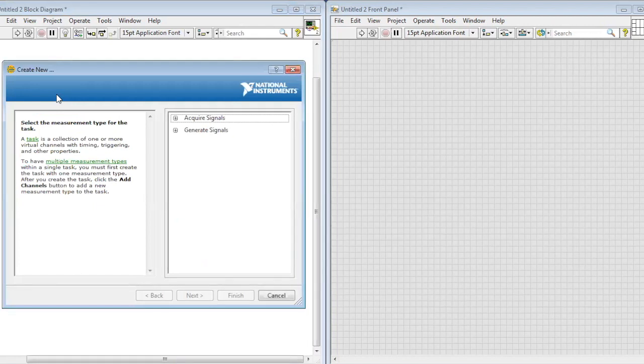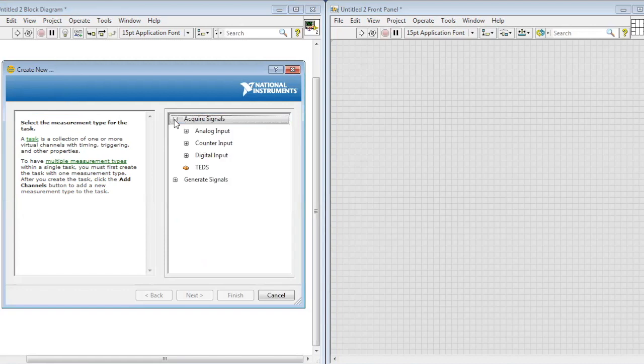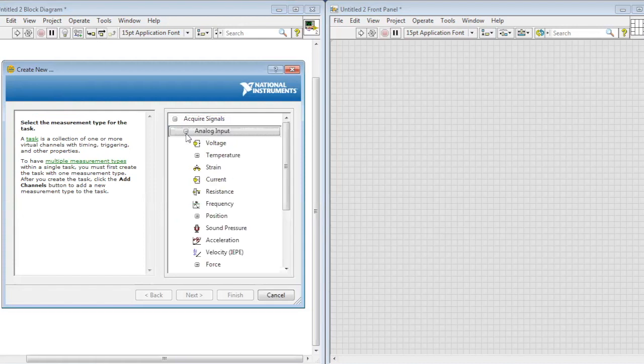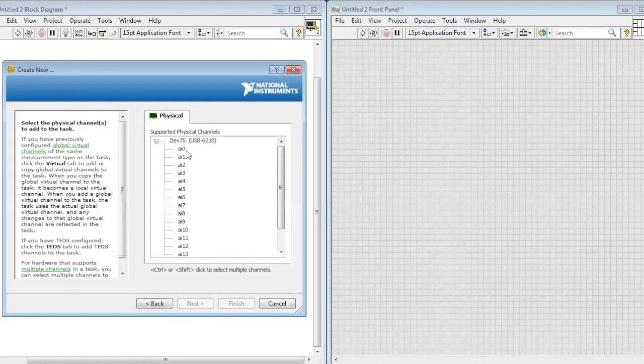We know that this is a signal acquiring lab, so you'll be acquiring 8 signals from 8 pressure transducers. So what we're going to do is click acquire signal. We know that this is an analog signal coming from our pressure transducer via pressure. And we're going to click analog input, and we know that this is a voltage signal, so we're going to make sure that we choose voltage. If it was a different type of signal, like a strain signal, we would choose that,